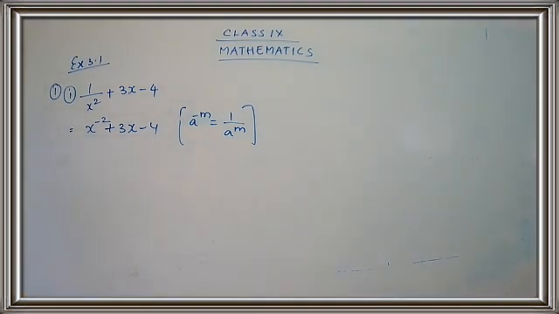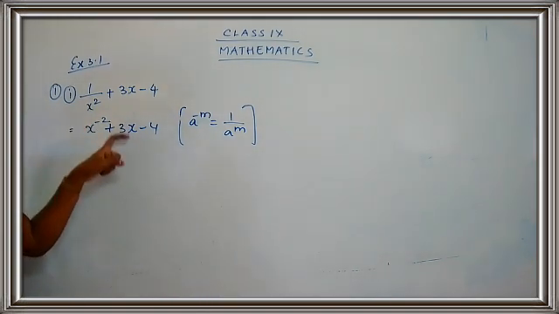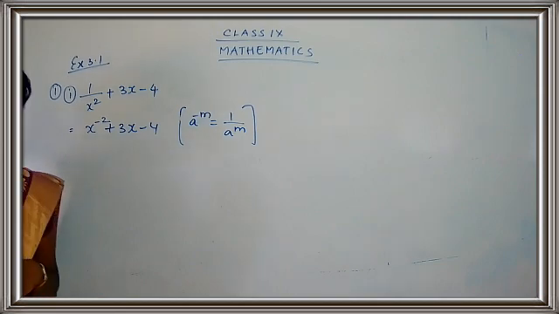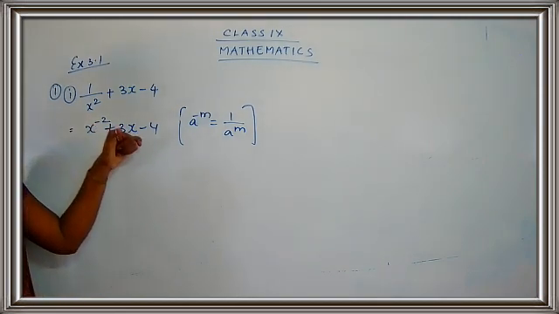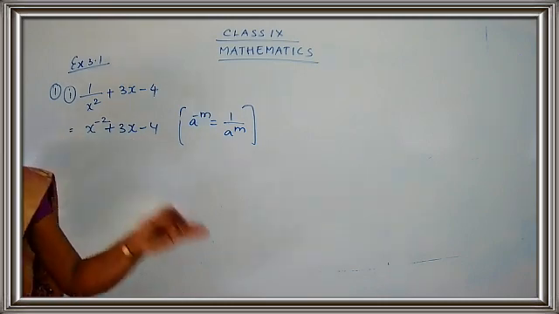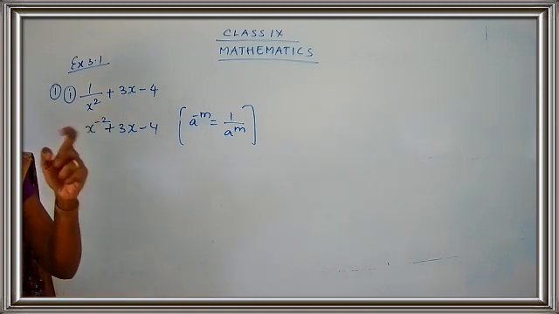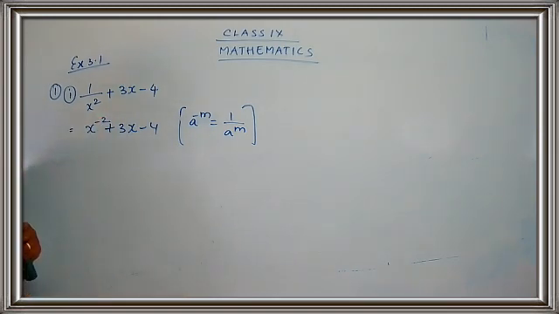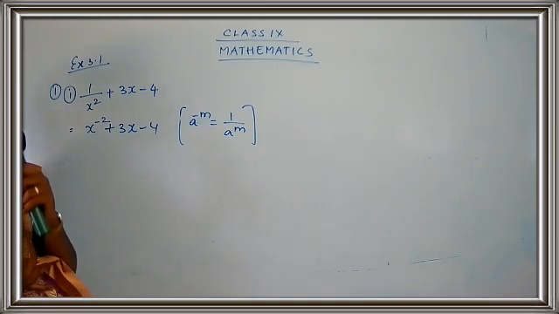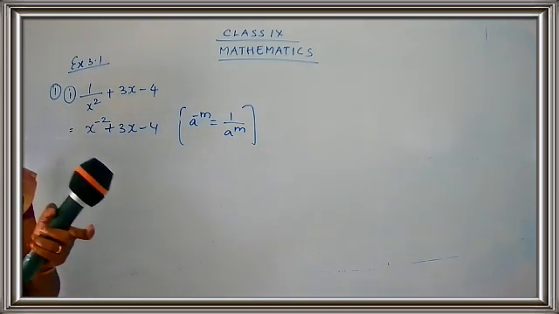Now I have to write whether this particular expression is a polynomial or not. Is it a polynomial? No, it is not a polynomial. Why? Because here a negative power is there. What was the definition for polynomial? It should have a variable, okay. It should have a constant, okay. It has the arithmetic operations, addition and subtraction. But the condition was it should have a non-negative power. Non-negative power means what? It should have a positive power. But here the power is minus 2. The power is negative. You should not have a negative power in any polynomial.